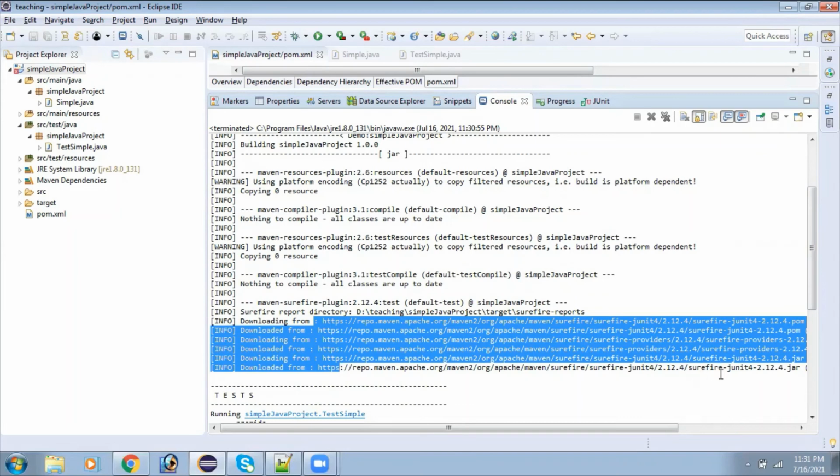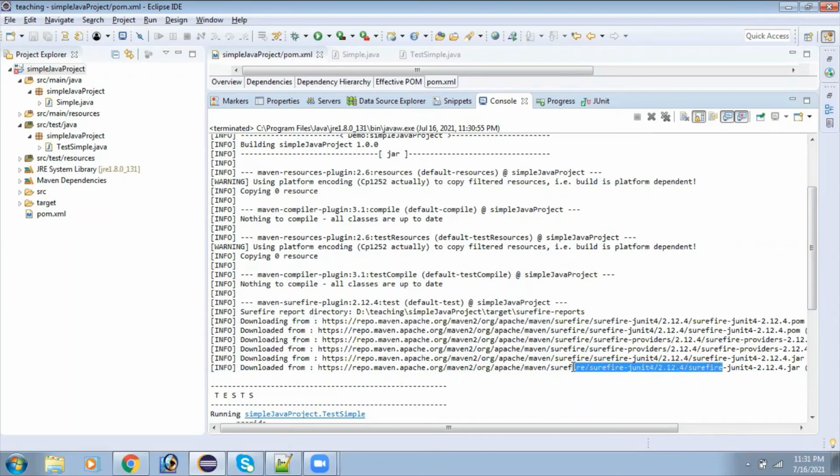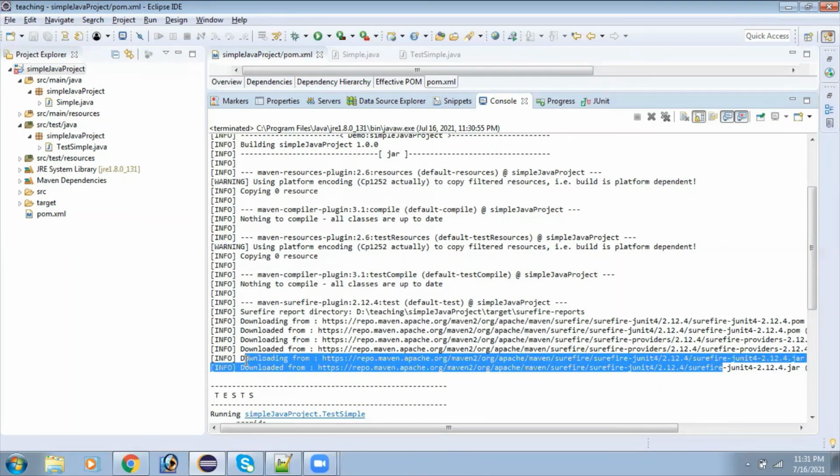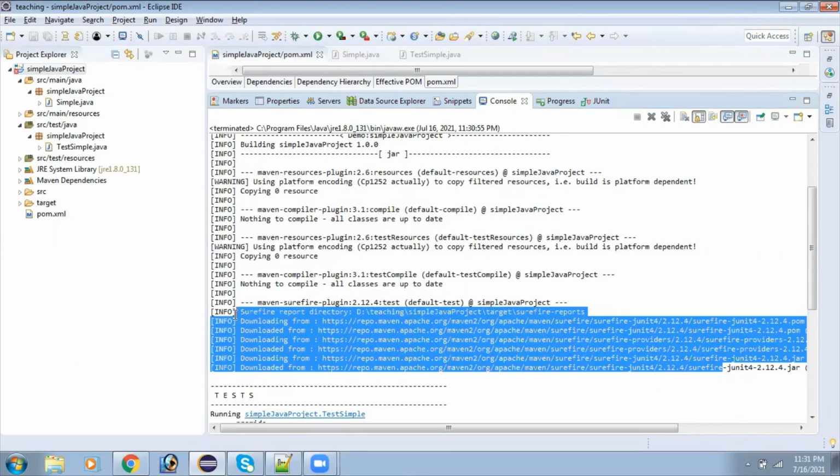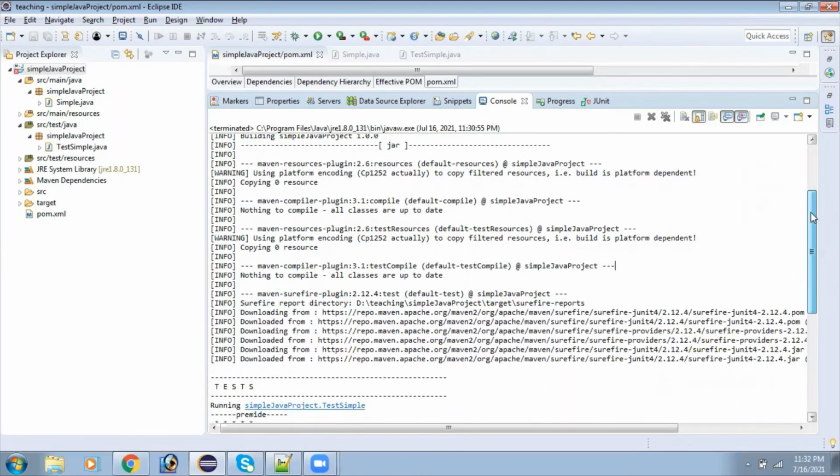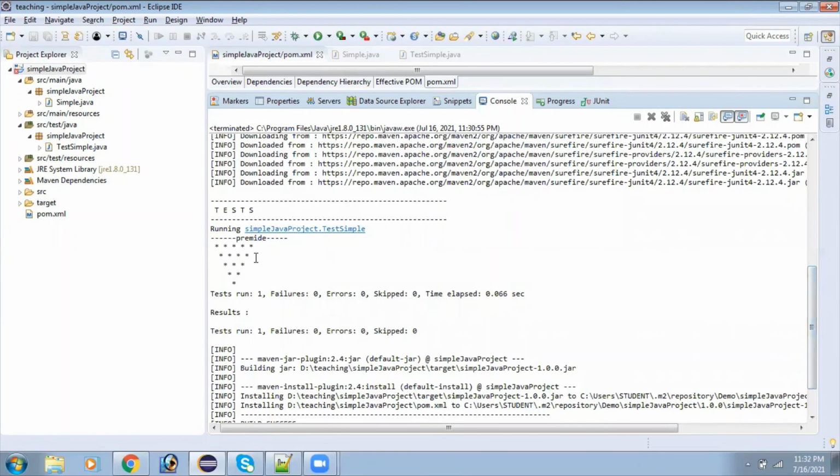And these are the other dependencies which Maven handles for us. We don't need to worry about downloading and putting them in a specific folder. Maven will take care of everything, and even see, it will run the test case as well. We have written one test case, it executes the test case, and it gives the result of the test case. So this is why I said Maven really helps the developer and reduces a lot of work.